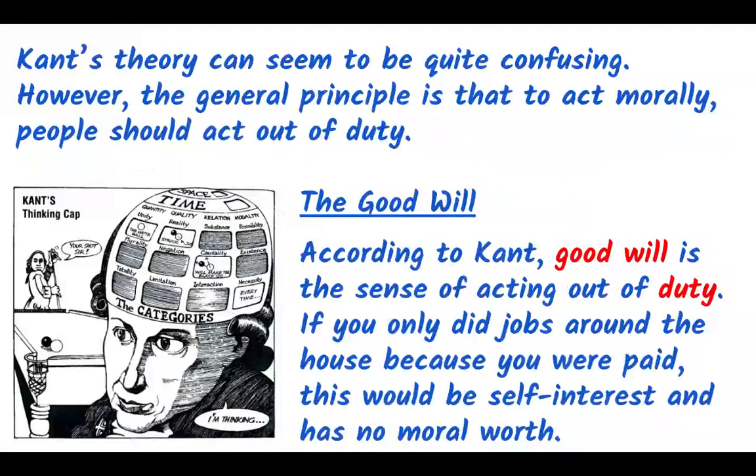Now, when we're talking about acting out of duty, the first thing I'm going to explain is something Kant calls the goodwill. According to Kant, goodwill is the sense of acting out of duty. In other words, that you have a kind of responsibility to do something. The easiest way to understand this is to think about something that you do which you might not necessarily enjoy doing. For example,